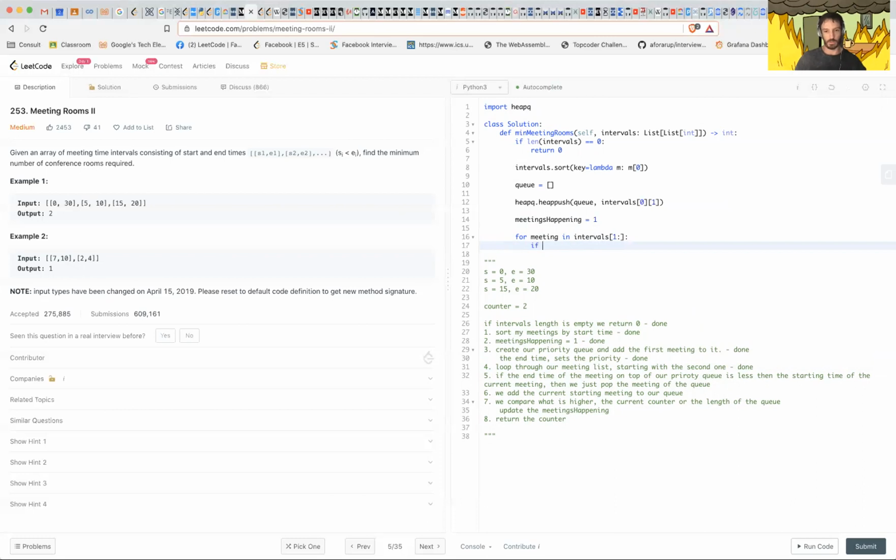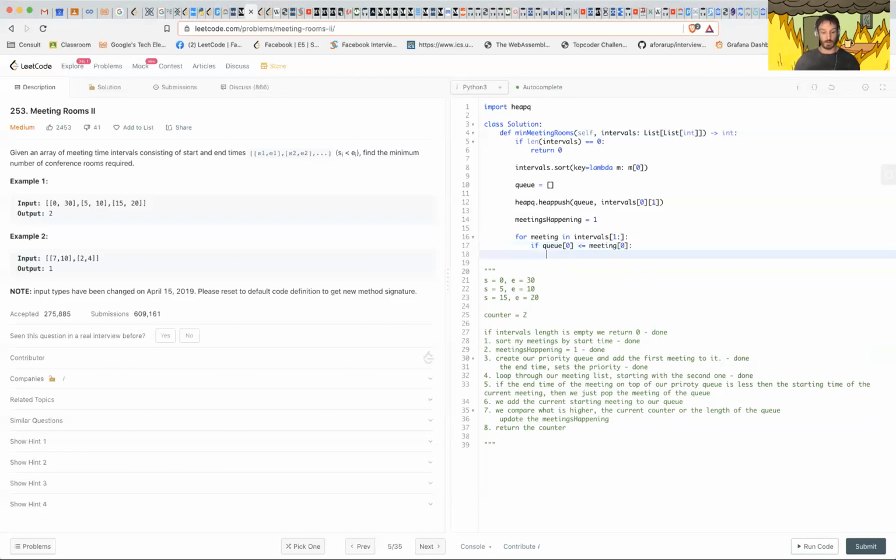If whatever is on the top of our queue, which is the end time of the last meeting that started, is less than or equal to our meeting start time, then heapq.heap